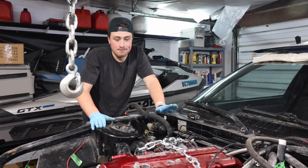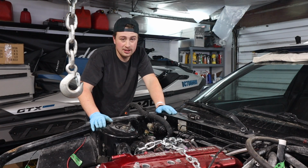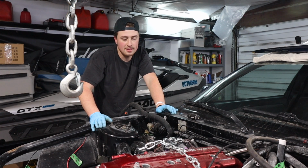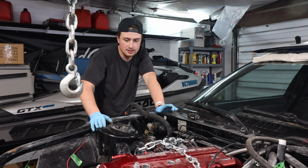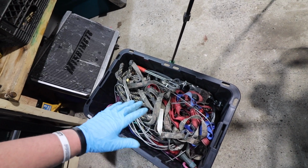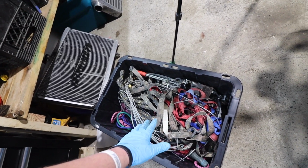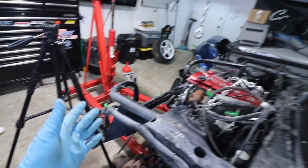I don't have enough chain. I could use ratchet straps, but I'm not a fan of that. I'm really not a fan of ratchet straps. Just look through my bin of cables, ropes, and ratchet straps. Nothing in here is gonna work. I looked at the ratchet straps, and the working load on those things is just too close to be pulling out an engine. So I guess I'm gonna have to go to the store tomorrow and get another chain, but